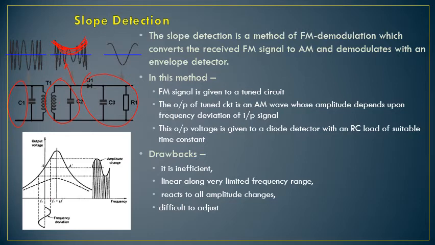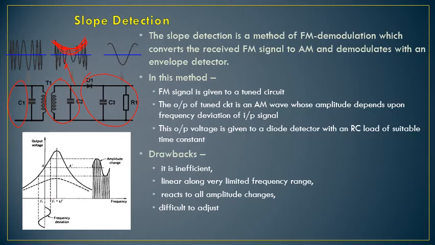Okay, similarly here, if the input frequency is less than fc, somewhere here, this is fc, so less than fc is here, so for this particular frequency it will produce this particular voltage, which is less than the voltage A for the carrier signal, so it is going down. And similarly if it is below this, it will produce a little bit less voltage here.